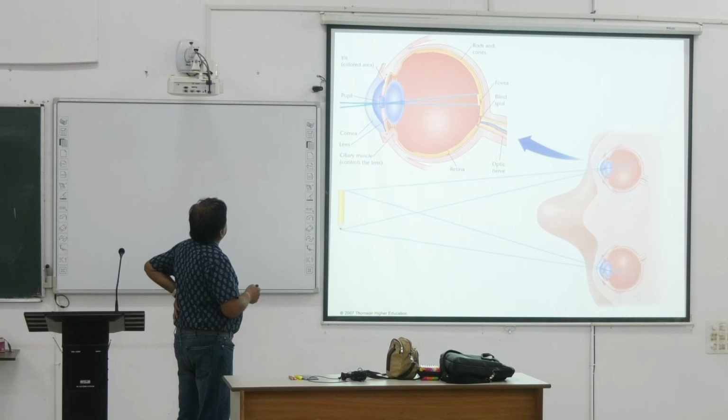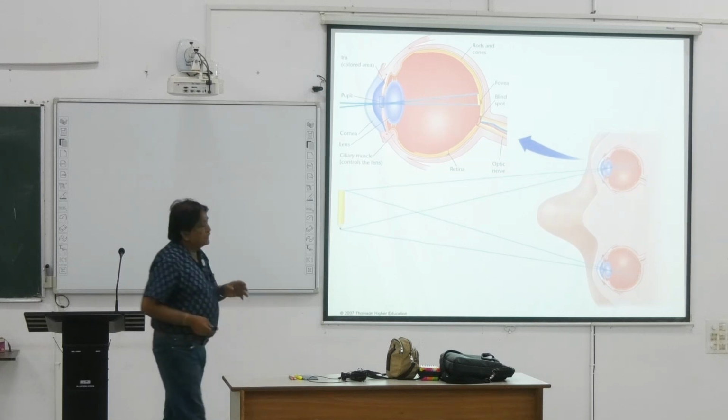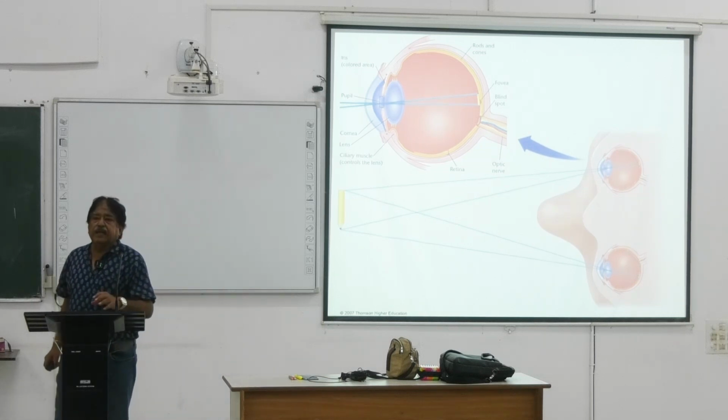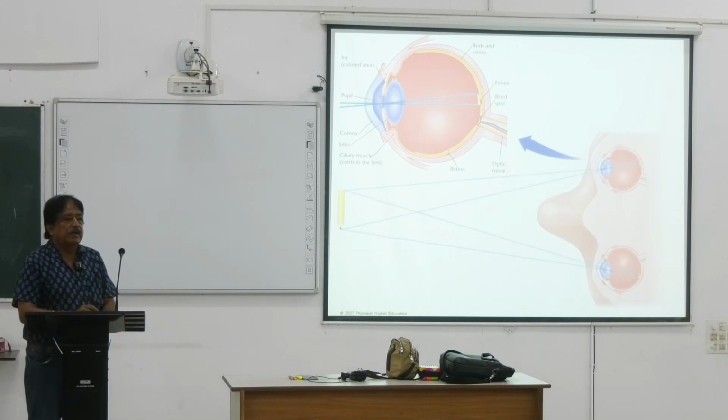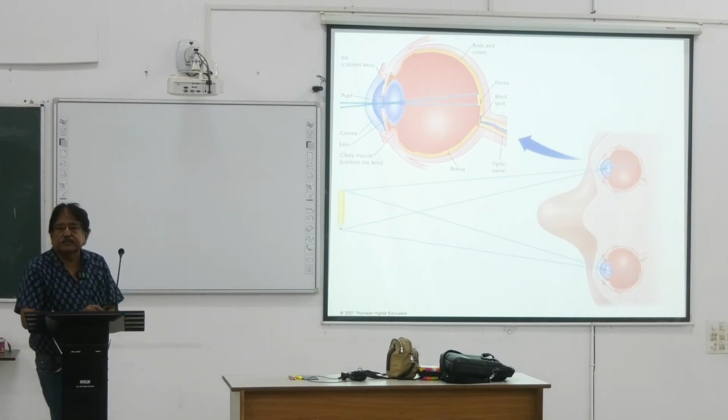The iris, this is the pupil, this is the fovea here, and this is the blind spot. Rods and cones, this is the whole of the retina, and the optic nerve. Nowadays, OCT imaging, optical coherence tomography of the retina. Every good center in ophthalmology